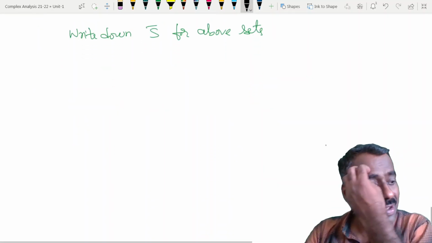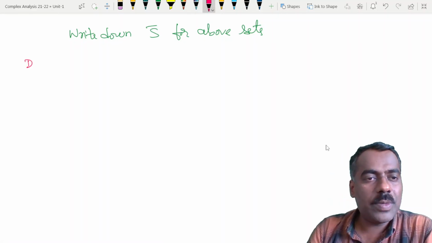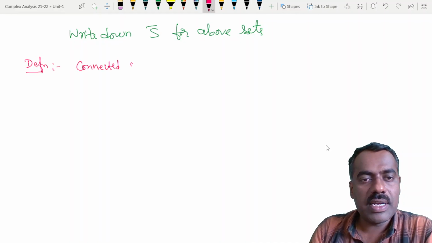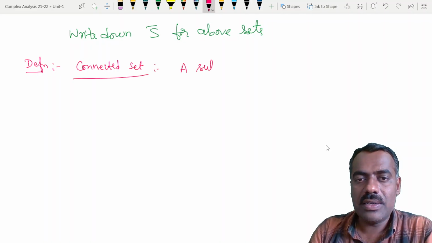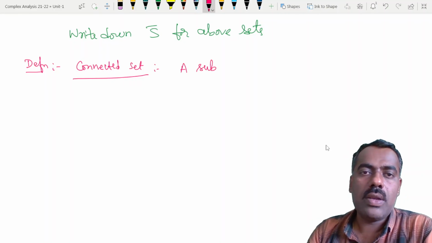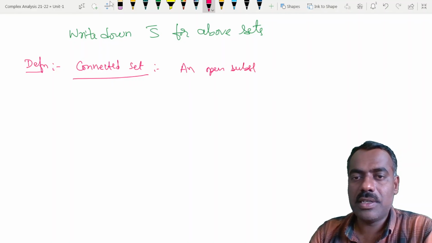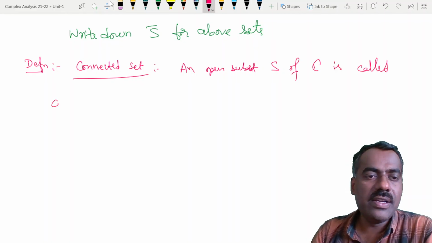Fine. Now let's move to another definition. What is meant by connected? Connected set. We require at minimum an open set. An open subset S of C is called connected